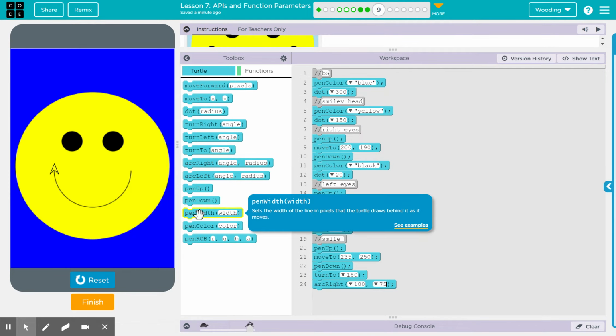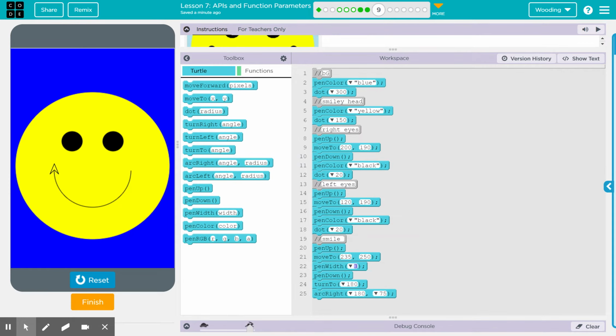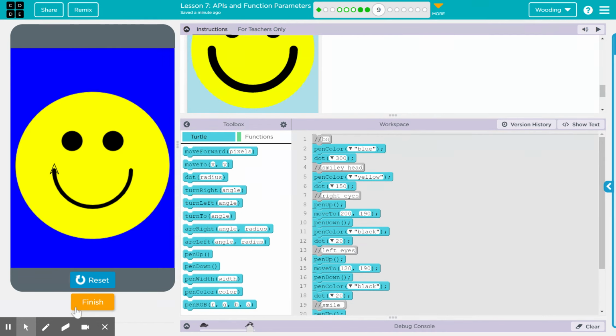I probably also want to make that pen width bigger. Let's try like 8. And that looks pretty good to me. It doesn't have to be perfect. And that is lesson